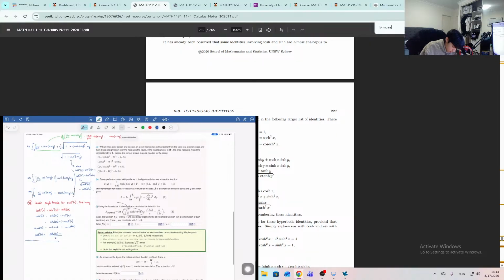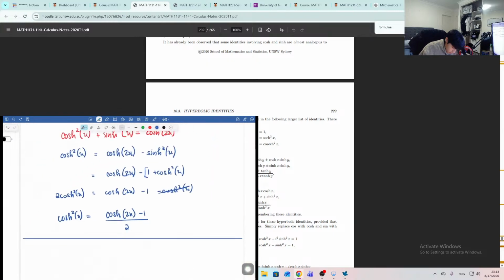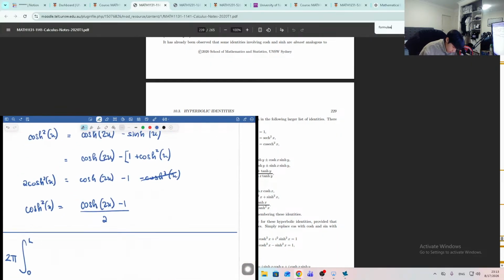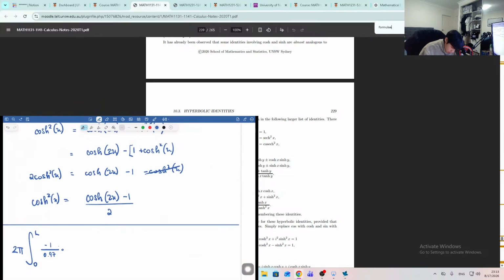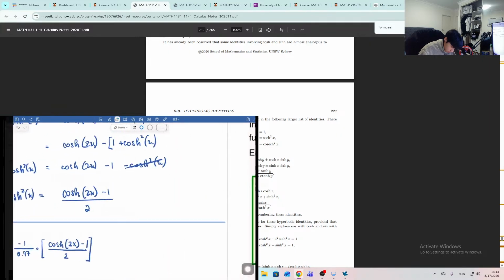So now that I know the double angle formula, I'm going to use it. I get 2 pi cosh 2 times